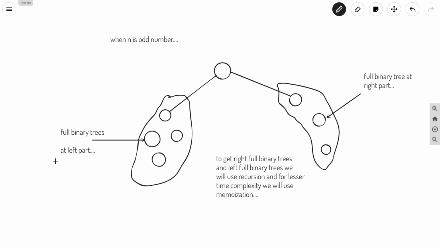What will be the base case for this question? When we have n equal to 1, we will just add a node to a binary tree. The value of that node will be 0, so we will add a node with value 0 and return this node for our final answer.